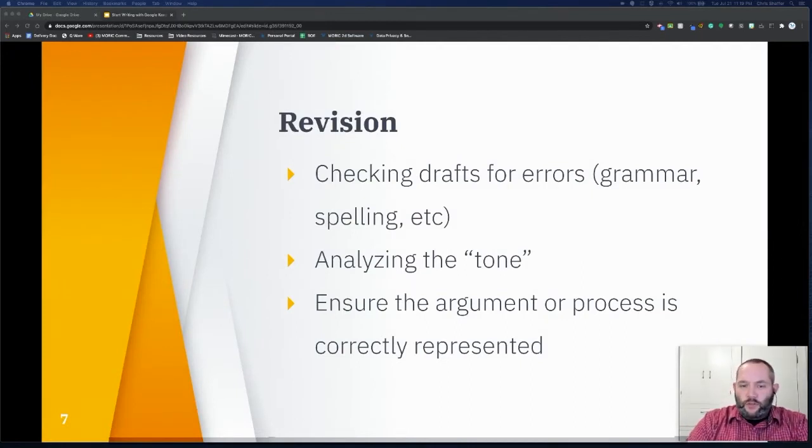The next step is revision. Revision is always important in the writing process as you realize that things need to be changed, added, taken out. Here the author and other viewers can take the chance to correct simple grammatical errors, check the tone and the message of the piece, and just ensure that everything really makes sense for the given assignment. Finally, they can also take the chance to ensure that the author is correctly representing their argument throughout the piece.